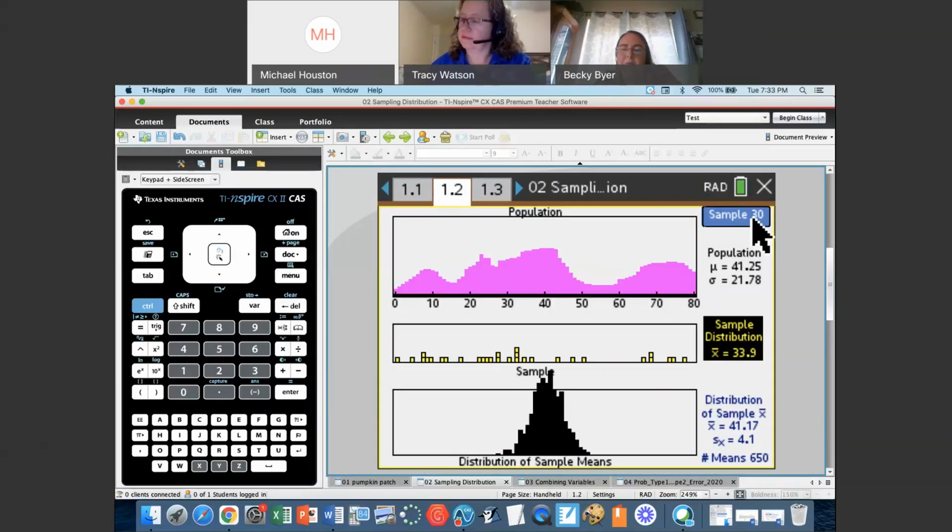All right, so you could have your kids do all sorts of different shapes and have them check this out. What is one more thing you might want to discuss with your kids using an app like this? What's one other important conversation that might need to occur here? Any ideas where we might have a little bit of a misconception going on? The central limit theorem. Ooh, skewed distributions with a small sample size. Okay.